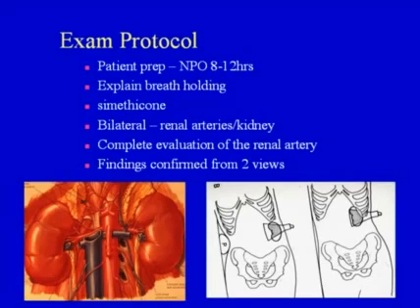Patient prep. In order to successfully scan the patient's renal arteries, they need to have an aggressive prep. They should remain NPO 8 to 12 hours prior to the exam. They should be asked to have a low-fiber meal the evening before, have no cigarettes, and no chewing gum. They should have the scan done early in the morning. That way the patient isn't up most of the day taking in a lot of air and creating gas